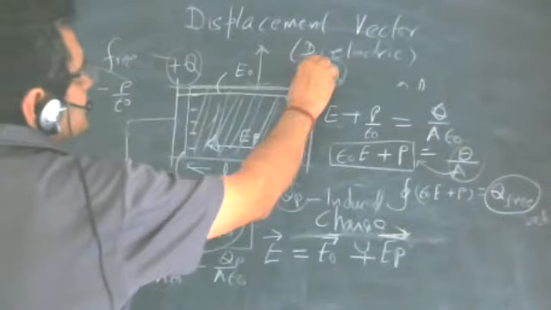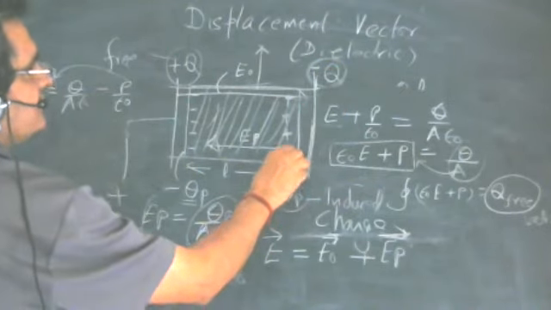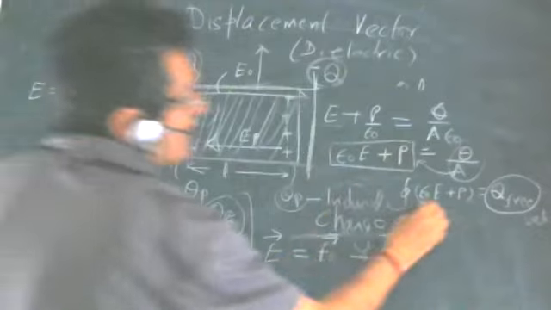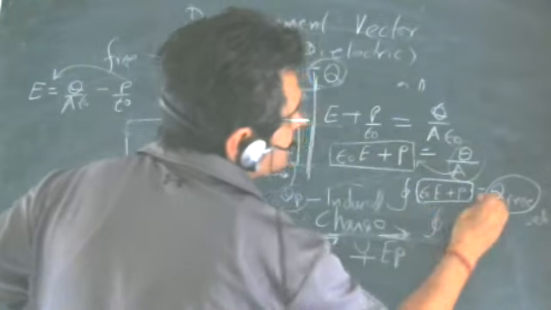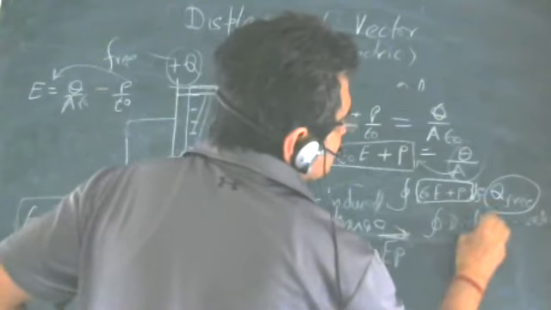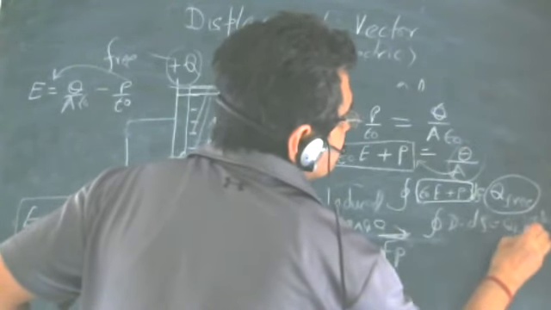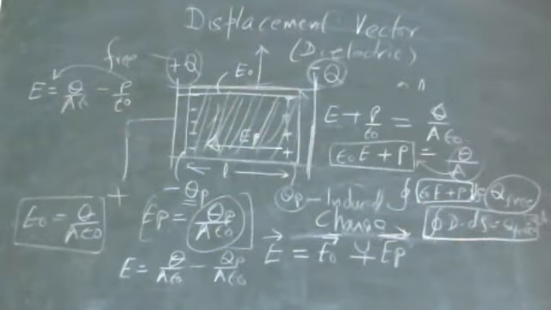As I mentioned earlier also, please distinguish between Q free and Q bound. This is the induced charge, this is the charge on the plates, and this epsilon0 E plus P is the displacement vector. Area is also there here. So D dot dS is equal to Q free. This is the displacement vector, and we can also say that this is the Gauss law for the dielectric. There is another form also in which we can write the Gauss law for the dielectric. I have separately covered it in another lecture.